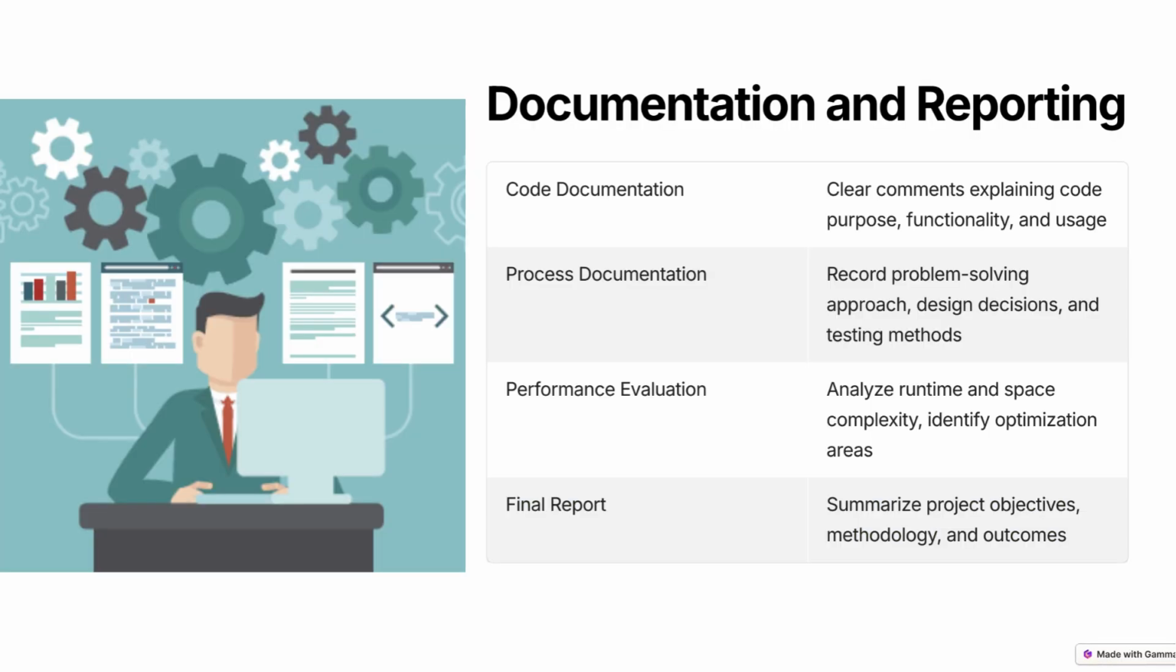So the last step is documentation and reporting. First, code documentation. Clear comments explaining code purpose, functionality, and usage. Second, purpose documentation. Record problem solving approach, design decisions, and testing methods. Third, performance evaluation. Analyze runtime and space complexity, identify optimization areas. Final report. Summarize project objectives, methodology, and